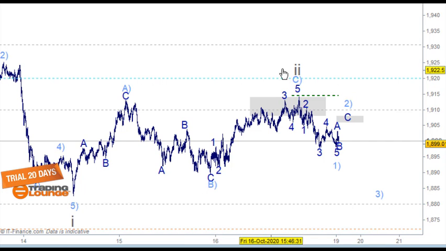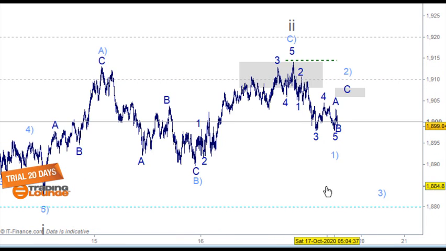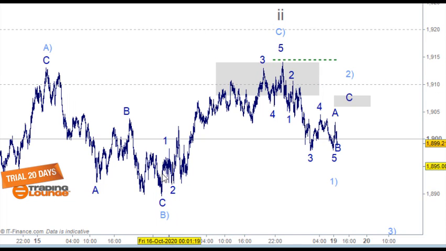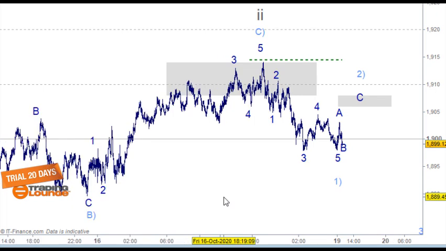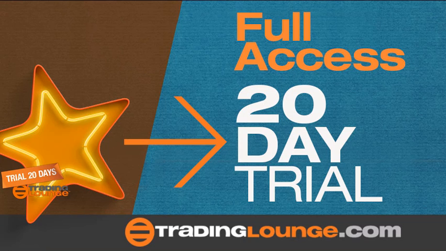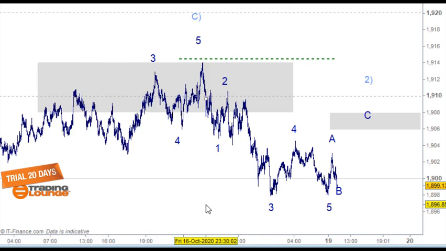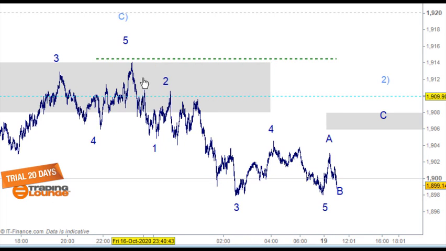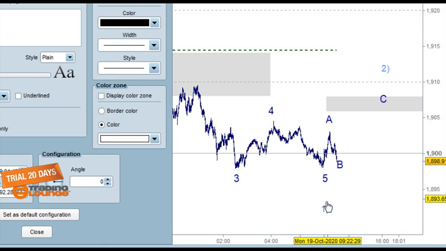So the markets will tell us what to do. At the same time here as well, we don't really need to worry about the C wave here. That doesn't matter either way. Even if it's wave 1, it's still in 5 waves, so we don't need to count that. But counting this one here, we've got 5 waves down through to here. So we've got wave 1 and 2 here, and then 1 and 2, ABC for 2 here, and then 3, 4, and 5 for the third wave, the fourth wave here, and the fifth wave moving down to here. So now we're looking for that fifth wave to make wave 1 here,